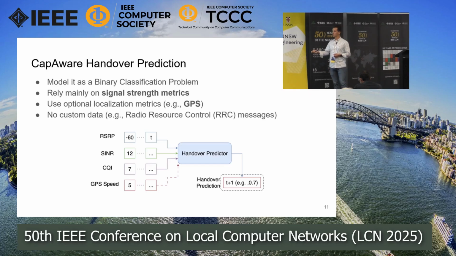At the end, we don't just predict yes or no, but we actually look at the probability of handover, because based on this handover probability, we will adjust our bitrate. If we know the probability of handover is high, then it's better to under-predict, so we can adjust our bitrate even lower. But when the probability of handover is low, then we can just send higher bitrate data.